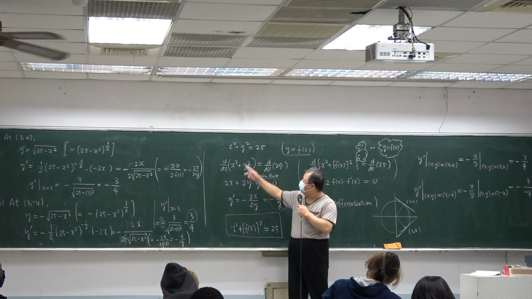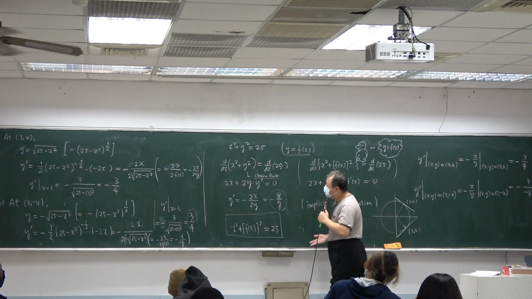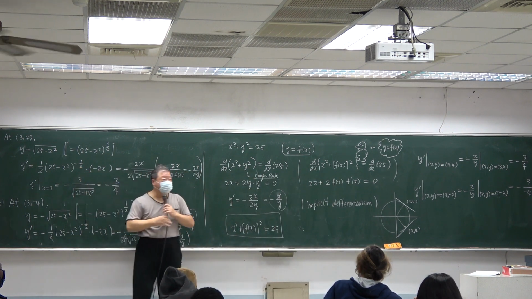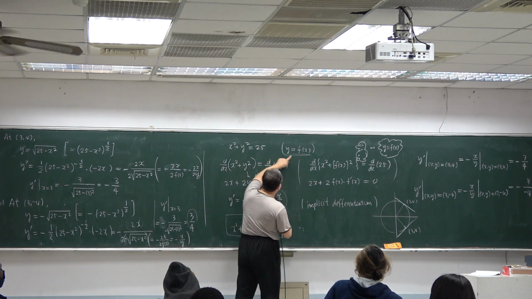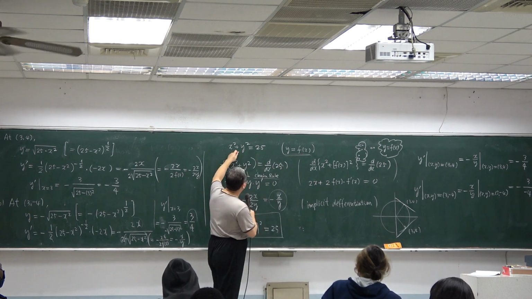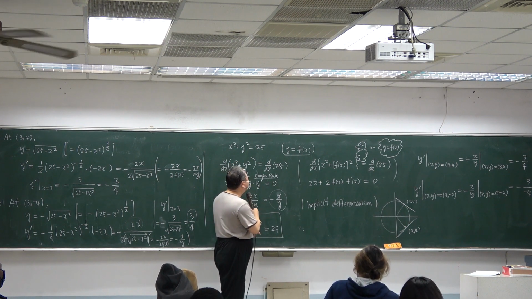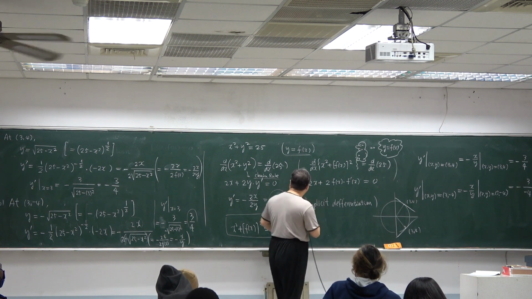So we regard y as a function of x. But we don't need to write down the explicit form. We just keep in mind, y is a function of x defined by this equation. So differentiate this with respect to x means differentiate this with respect to x. So here